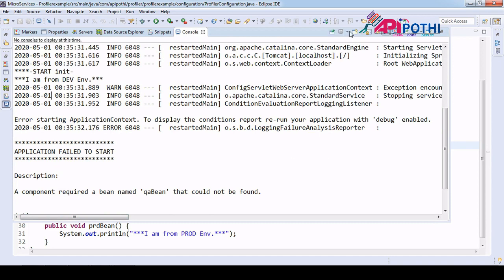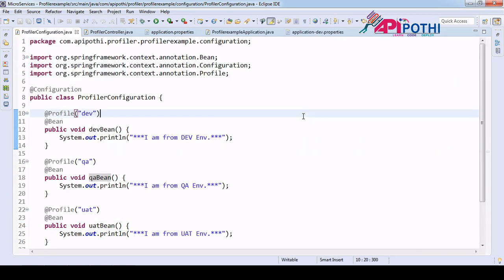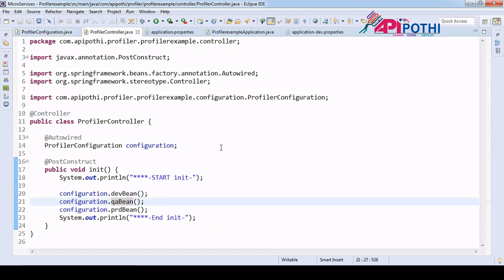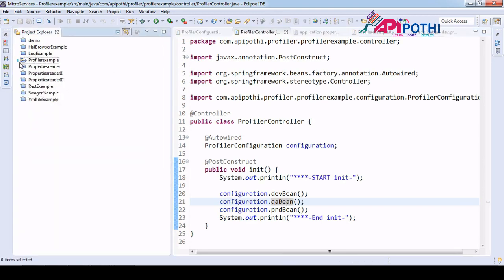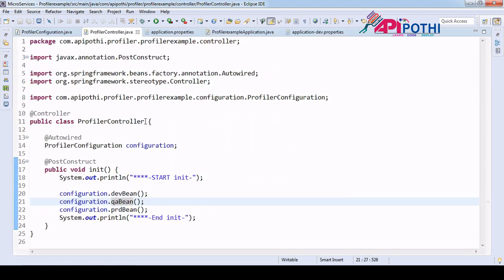Okay. To overcome this issue, you can avoid it in one way. What we will do is, we will read the profile detail. We know, right, in video number 3 or 4, we understood how to read the properties file data in a Java class. So here we are going to read the data.